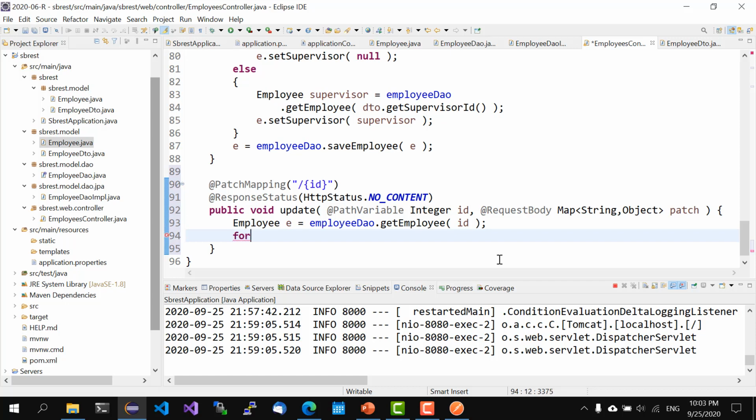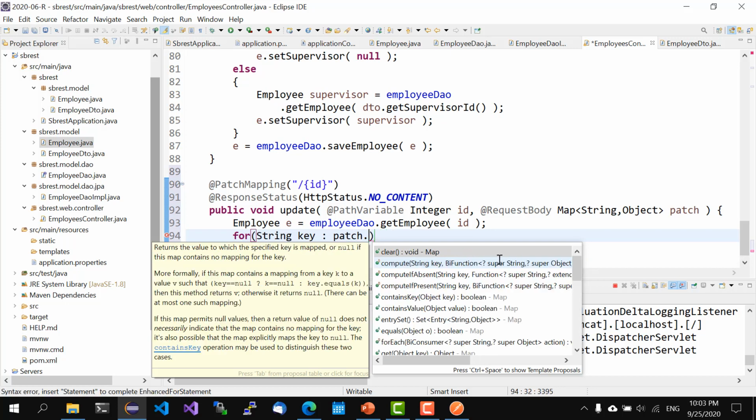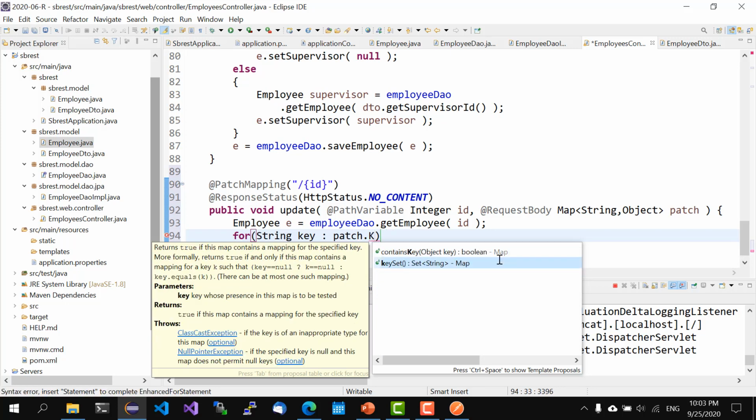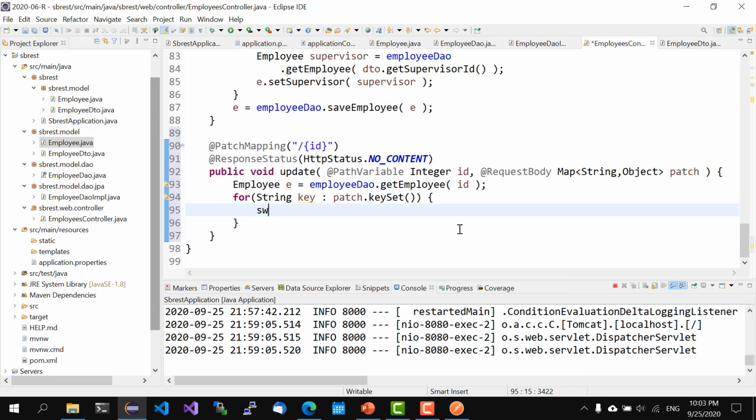So we'll say for each key in patch dot key set, okay, and we'll do a switch statement,